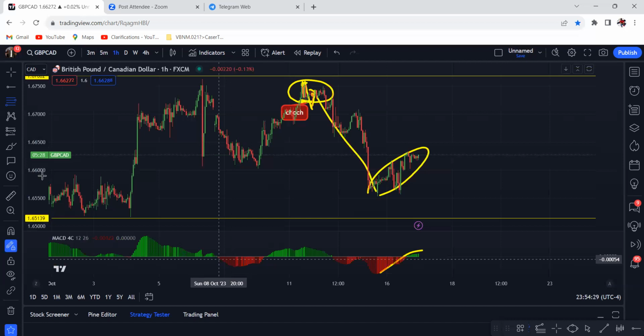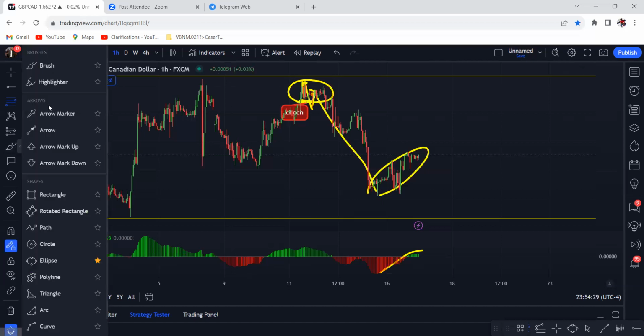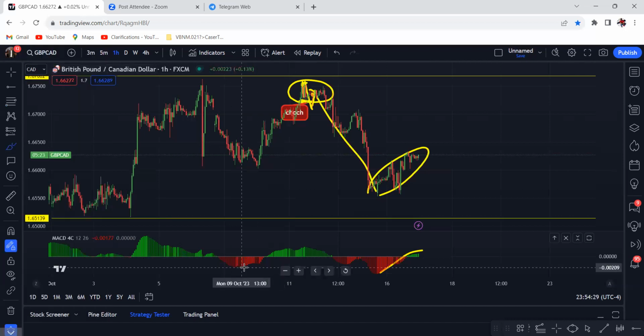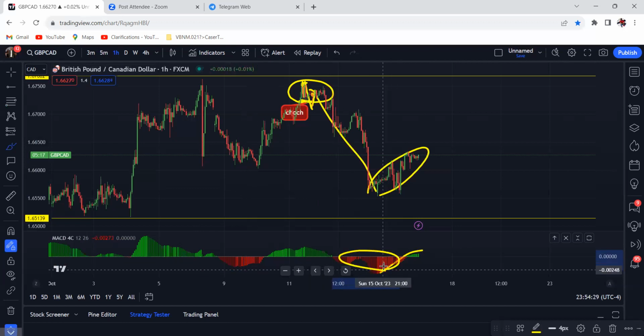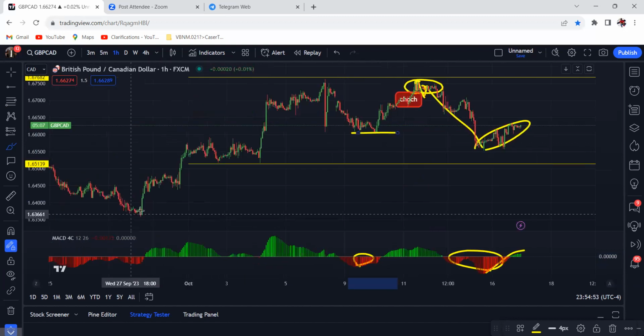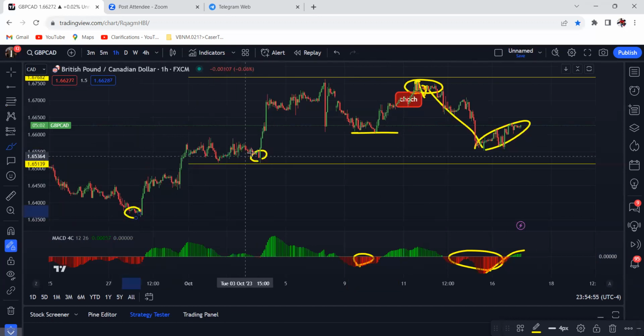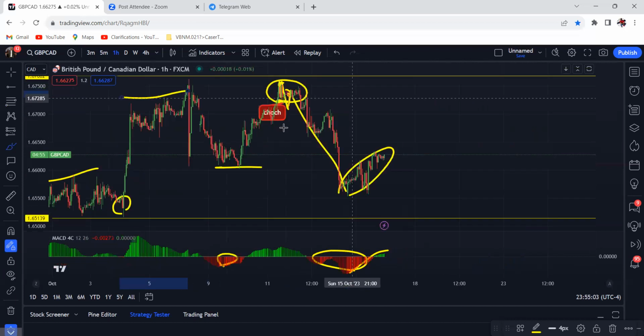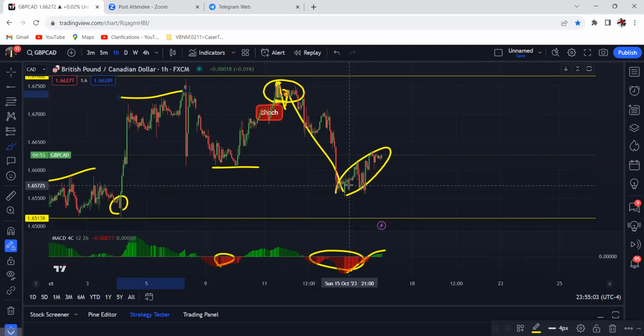Why? Easy. You can always tell whether you're in an uptrend or a downtrend, especially when you have the MACD right here. Notice this bearish wave. If I compare it to the previous bearish wave, if it's lower, like it is here, I'm in a downtrend. If it's higher, like here, see how this was red and the previous red? This is higher, so I know I'm not in a downtrend. I'm actually in an uptrend, because I got the higher highs, higher highs, higher highs. So now I'm getting the lower lows.